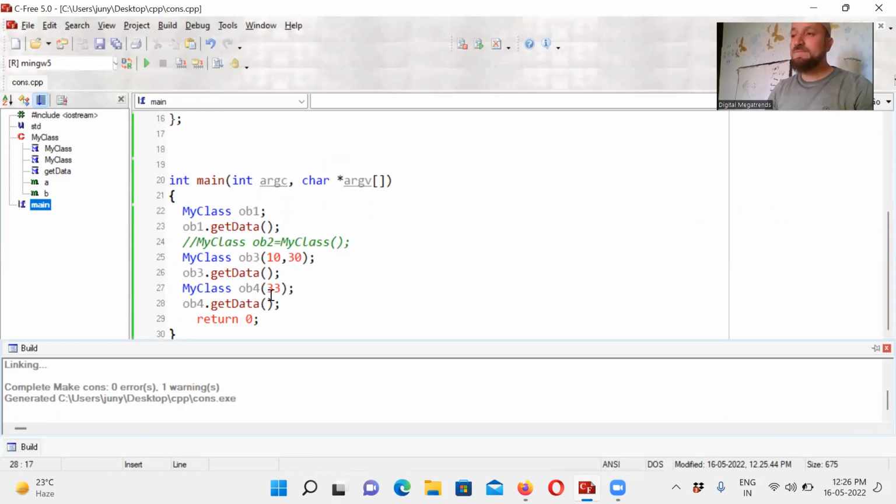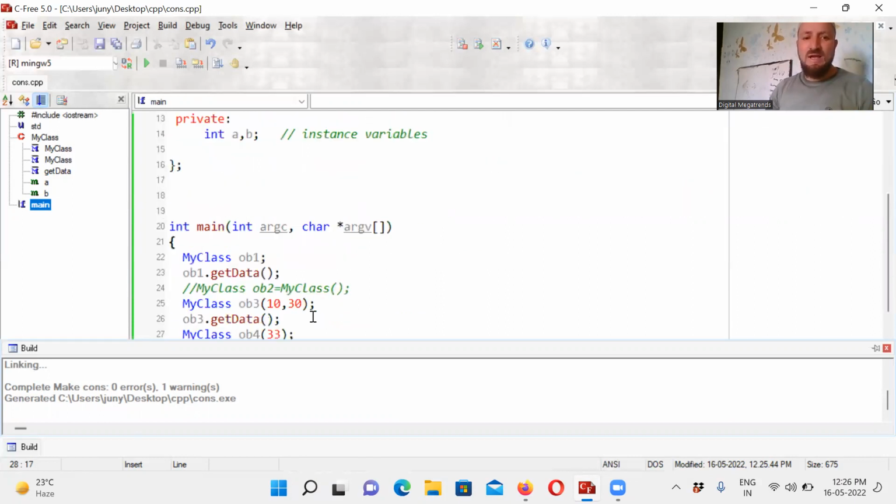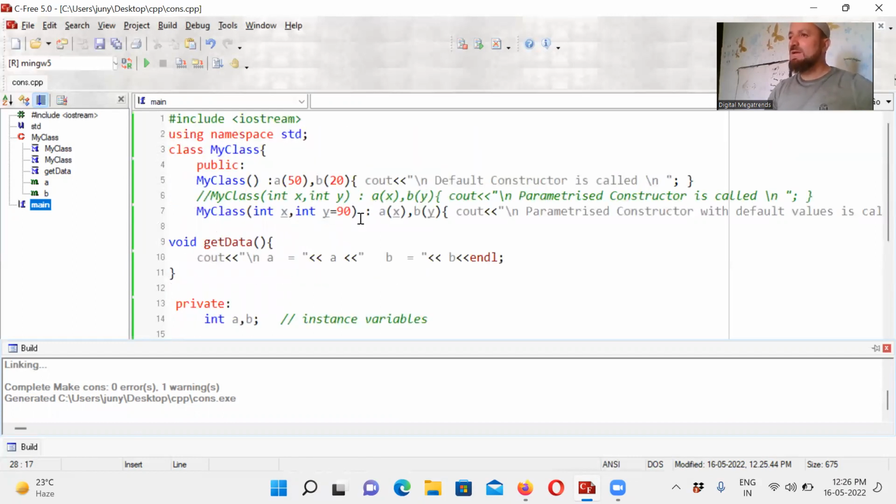तो इसी को कॉल करेगा फिर भी, हाँ ये ओवरराइड होगा, y is 90 चलेगा नहीं, y में वही जाएगा जो आप भेज रहे हो, जैसे कि हमने यहाँ पे 30 भेजा, तो y is 90 नहीं 30 जा रहा है। इस सूरत में x में 33 जा रहा है, y में ऊपर वाला 90 ले रहा है।